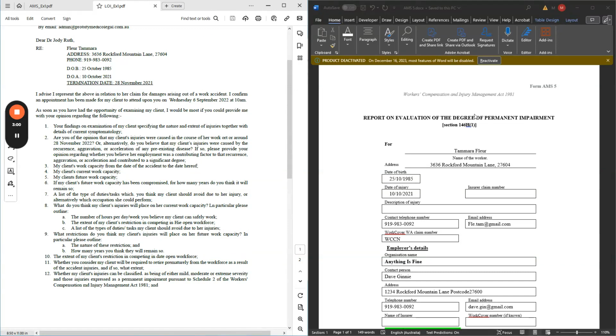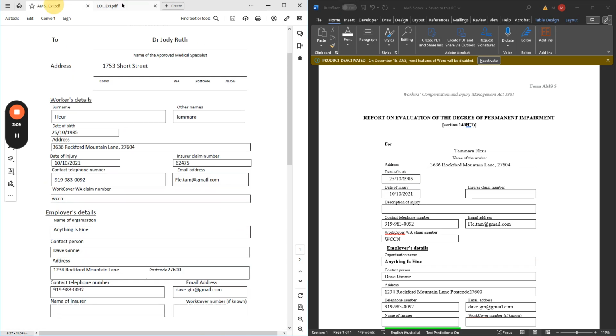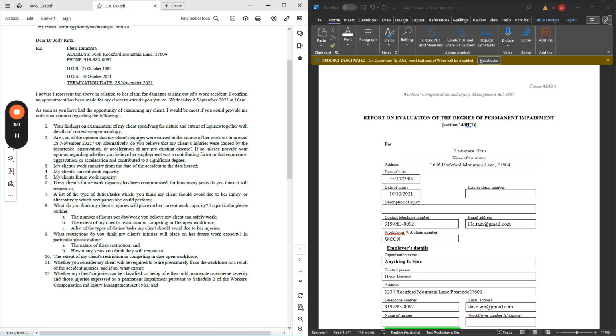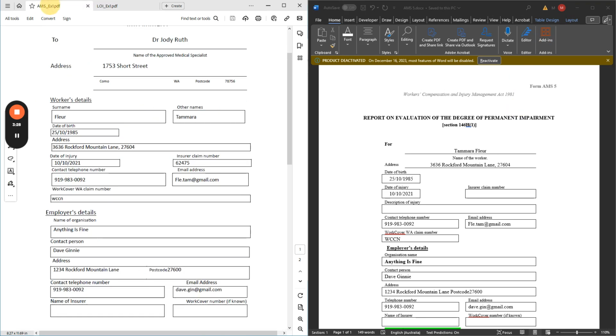If we now look at the documents that were generated as part of Claudio's medico-legal flow, Claudio took the source text documents, extracted information from them, and used them to set up the two documents that were supposed to be generated from preset templates in this job. So the two documents that were supposed to be generated were an AMS-5. It's a form that has to be filled out using data from the source document AMS as well as